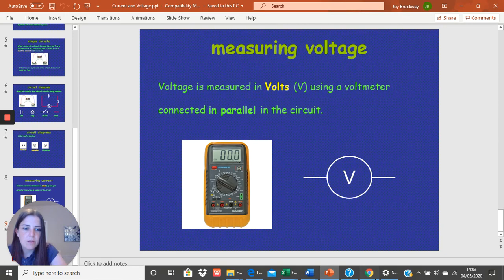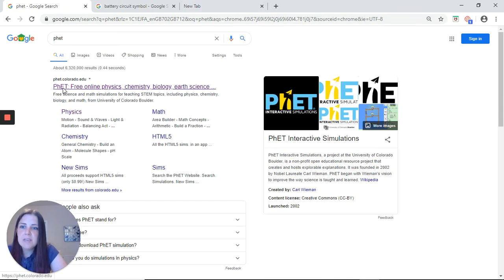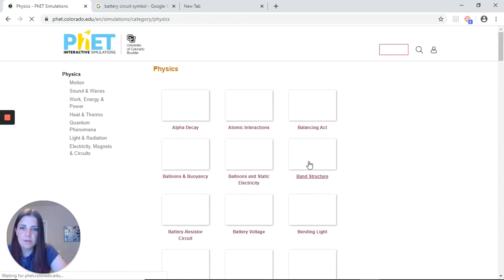So back into the internet for the last time, if you can search PhET, that's what I started doing here, so let's go back. So PhET, and it's the first website. You can either click on physics here, or you can just go into the website and click physics once you're on the website. As you can see, you can use it for other subjects too, some chemistry, biology. It's just got kind of simulations for experiments that you maybe can't do at home while we're not able to